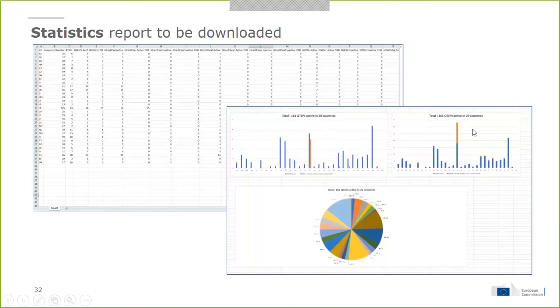Suppose you want to cumulate them, of course you can either change the criteria before exporting the file, or do your graph with a stacked bar chart, and then you will have both QTSP granted and granted taken over by inside the same bar. So I think it will be quite useful. And if you want more fancy charts that are generated automatically, please note that we will copy this feature in TL Browser, in Trusted List Browser, as we will show you in a few minutes.